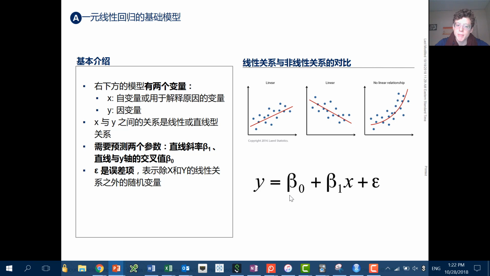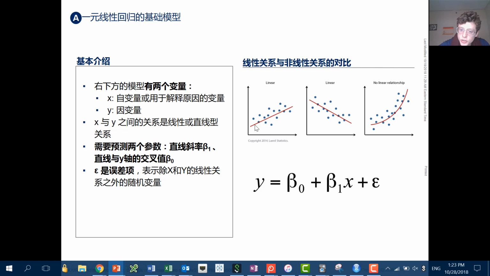This is called beta. Beta 0 refers to the beginning or the start of the line, assuming that x is 0. So it's really just a shift. So for example, let's say this is 1, this might be 2. This is what it's referring to, this spot right here. If we didn't have beta 0, all lines would start from the 0, 0 point, and so you would get some weird effects. So this is changing the start of the line, shifting up or down.